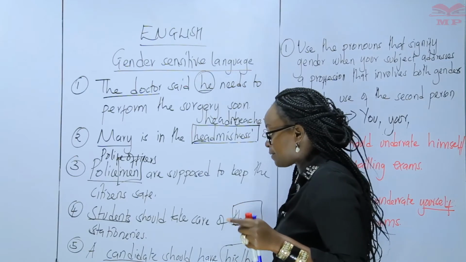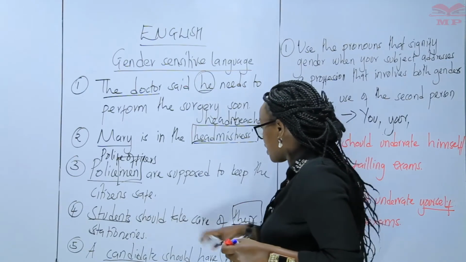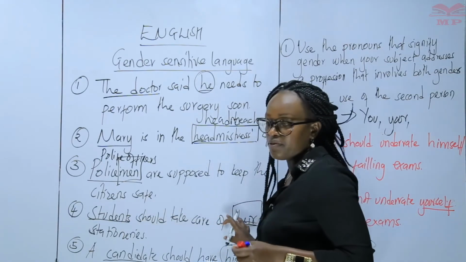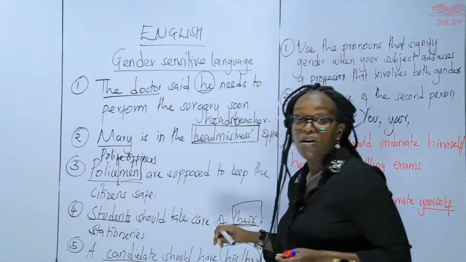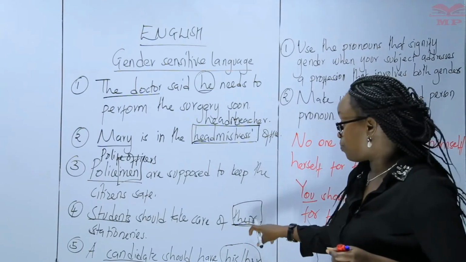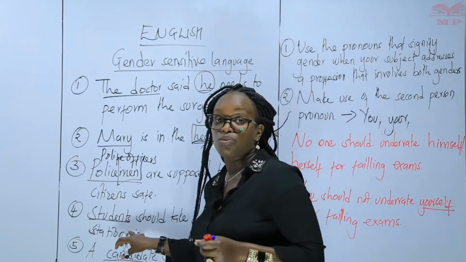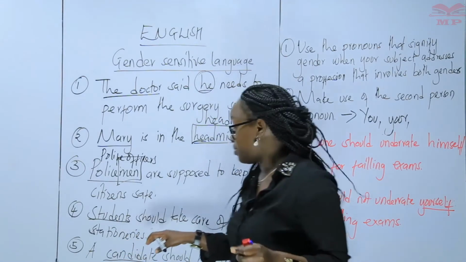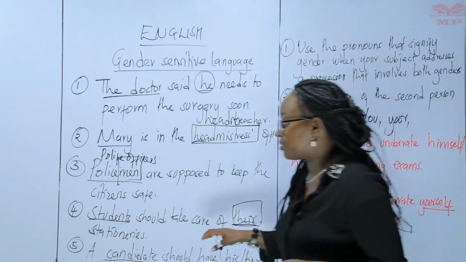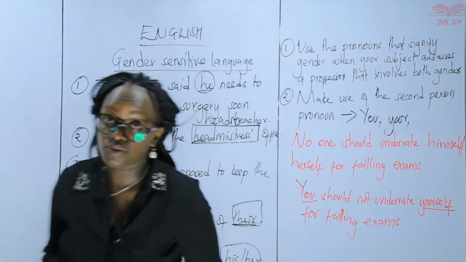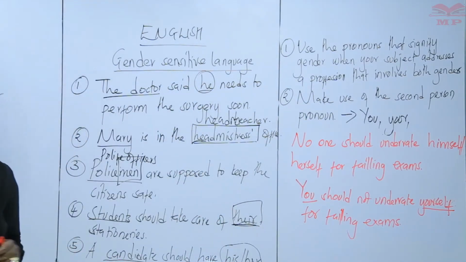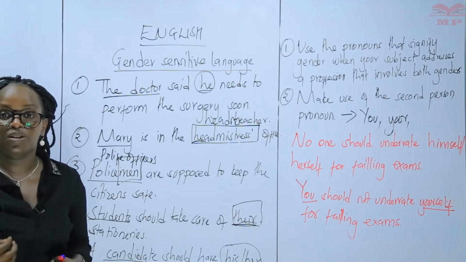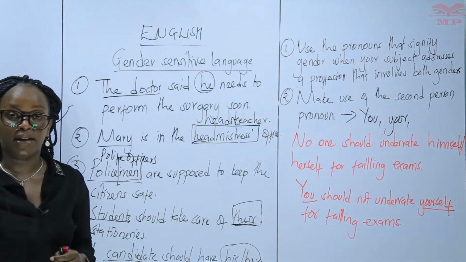the context is, so that you don't say students should take care of his or her. So just make use of these plural pronouns. And also remember, for you to be able to use a plural pronoun, your subject should also be in the plural. There has to be subject-verb agreement. The same goes for your verbs. So if you make use of those rules that we've talked about, you will be able to write out your essays, your articles, your assignments without being gender biased.